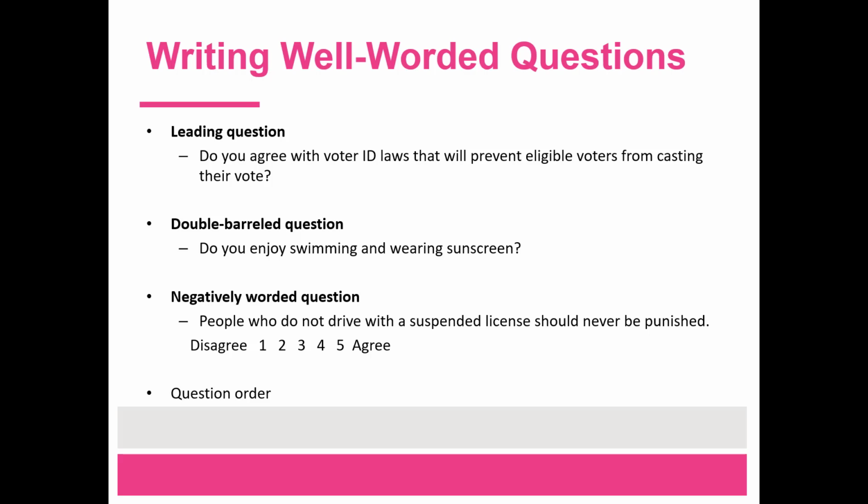Question order may affect construct validity as well. Earlier terms can influence the way respondents interpret later items. Suppose the first item on a survey is rather sensitive. That might influence the way respondents answer subsequent questions because they were primed by the first item. One way to control for order effects is to make different versions of the survey with the questions in different orders.